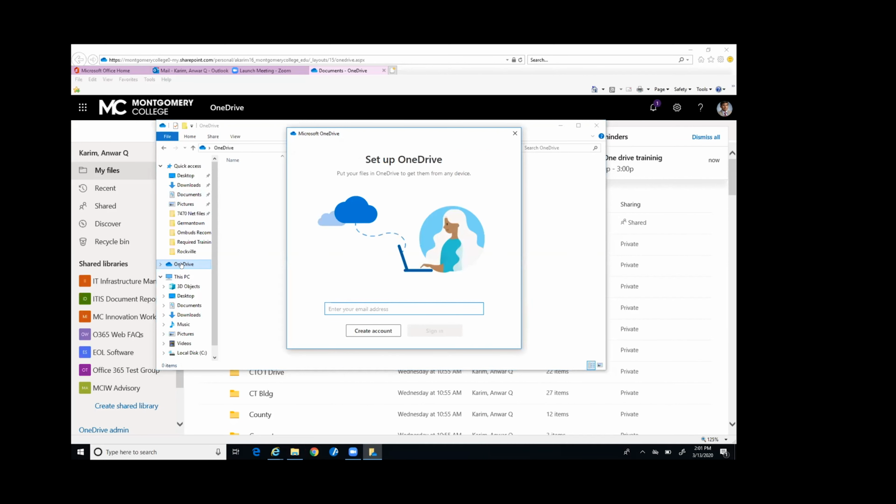it will come up with a screen like the one I have, and it will ask you to go ahead and sign in because the computer doesn't know, Office 365 doesn't know who you are. You need to provide that credential. So in this particular case, you will provide the same credential that you use to log into Office 365. So it will be your mymcid@montgomerycollege.edu, and you will click on the create account. It will take you through the authentication process just like you're logging into Office 365. It may go through the Duo verification as well, and it will go through the process and configure your machine